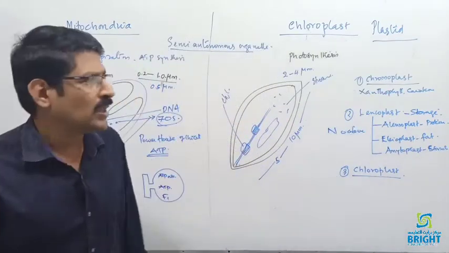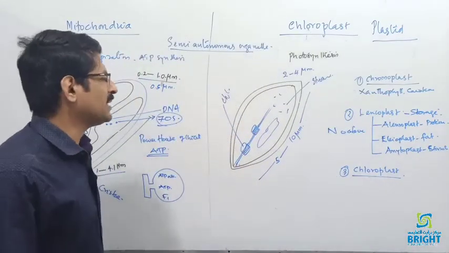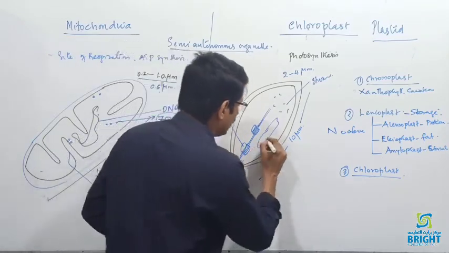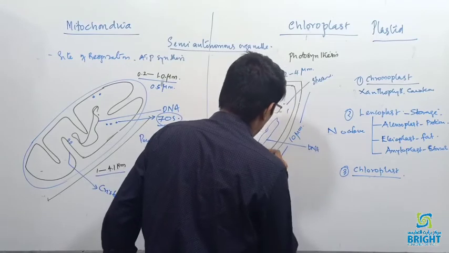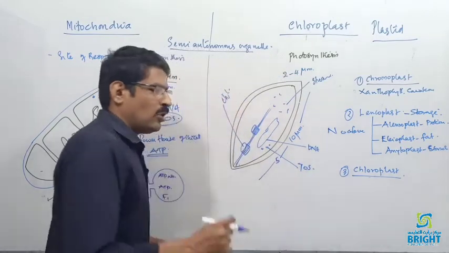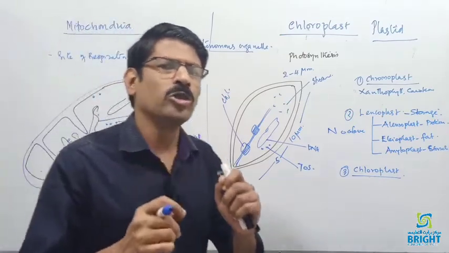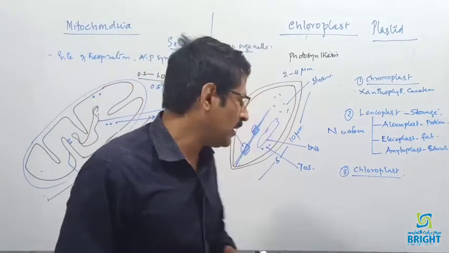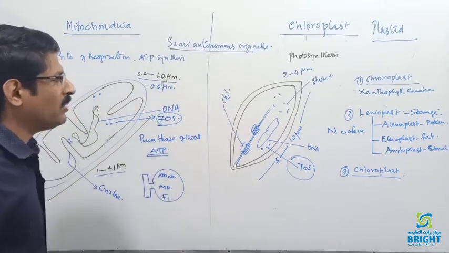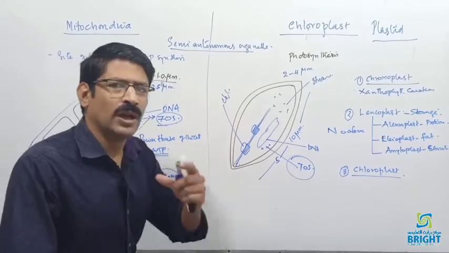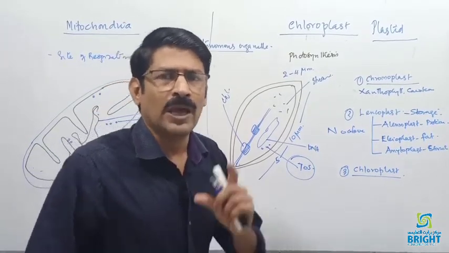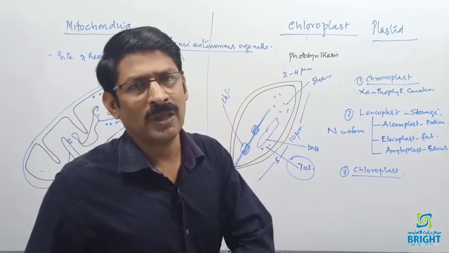Stroma is a site of the C3 cycle or carbon dioxide reduction, or the dark reaction, and it also contains a strand of DNA and ribosomes, which are also 70S ribosomes. So in a eukaryotic cell, both the mitochondria and chloroplast have 70S ribosomes, and they are called semi-autonomous cell organelles. So the structure of mitochondria and chloroplast are designed to perform their functions like ATP synthesis or cellular respiration,